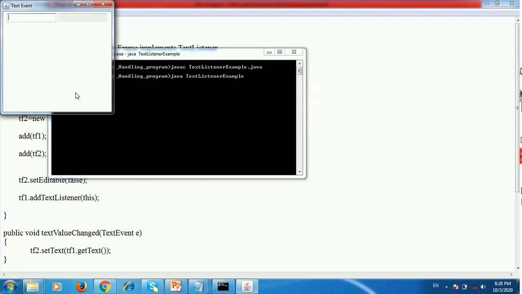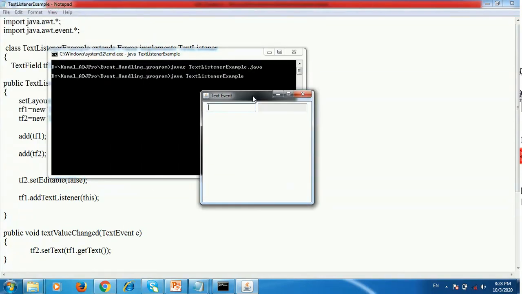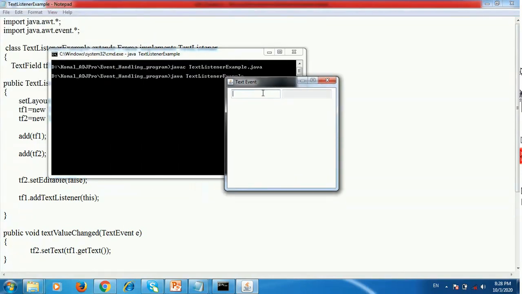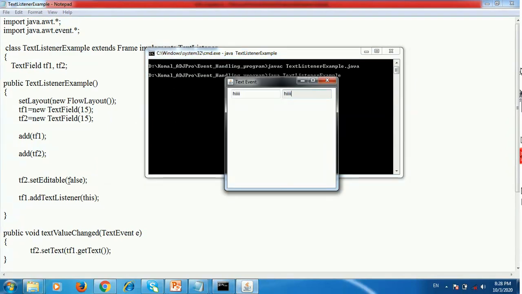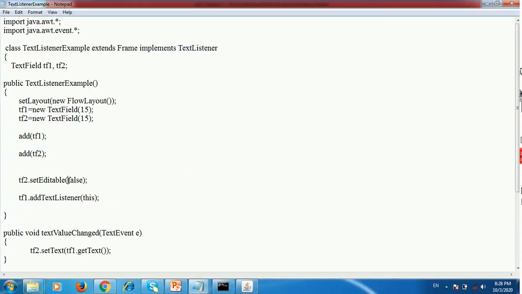See here, this is the output of our program, the text listener interface. This is text field 1 and this is text field 2. When you type in text field 1, it is automatically copied into text field 2. But text field 2 is not editable because here we use the setEditable method and pass the value false.